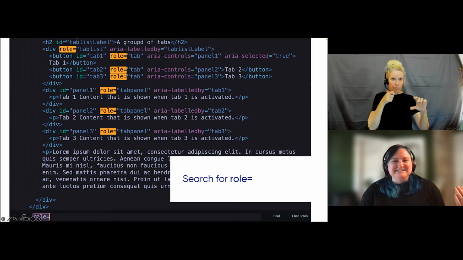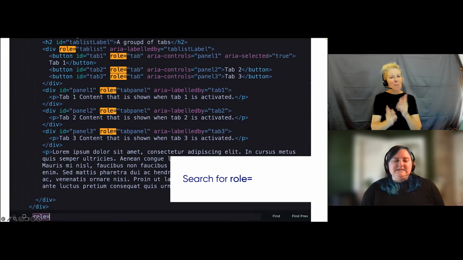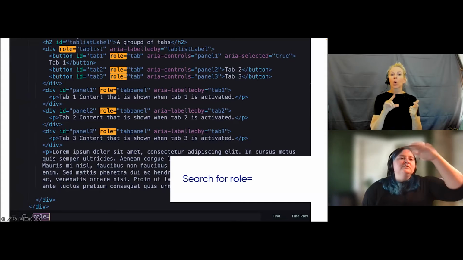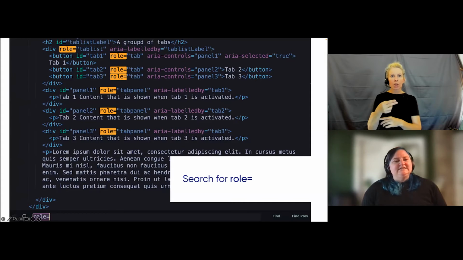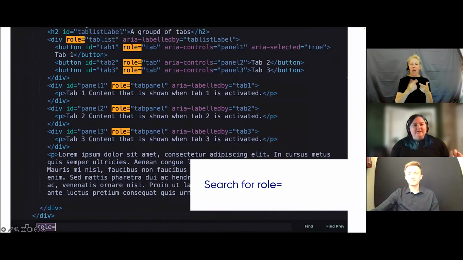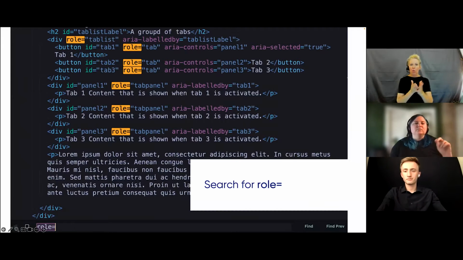It's a little aggressive, I understand, but I do this because I want to see where we are using these ARIA roles and if they're necessary or not. So I have a big code example here. It's a kind of full document HTML view. I have in my text editor searched for role equals in this case. And I've highlighted through the code that's available on the screen where role equals exists in the code.